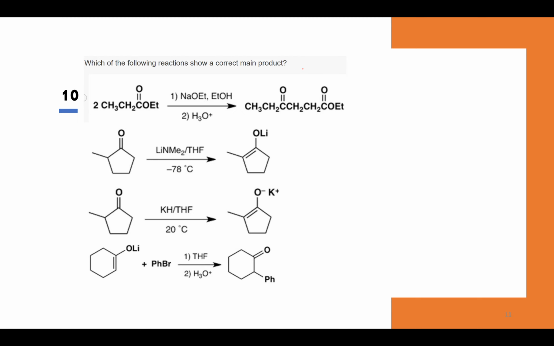The first question is about Claisen condensation, Dieckmann condensation, right? Here if you see, two molecules of this ester are here. This is an ethyl ester. So here we have CH3, CH2, then carbonyl, OEt. This ester, right? Two molecules. If we have two molecules of this one,